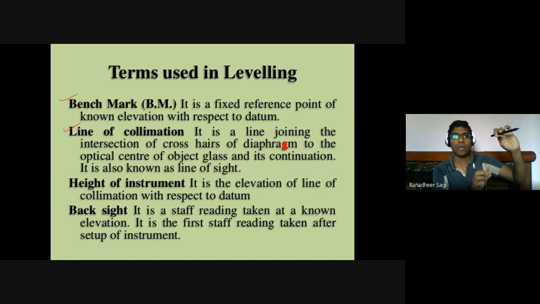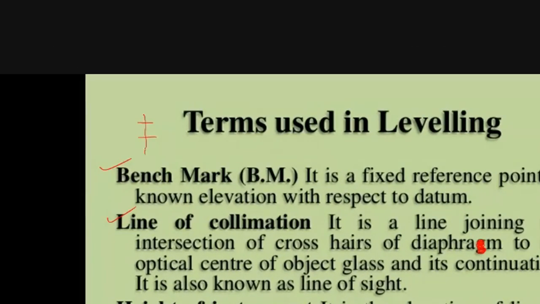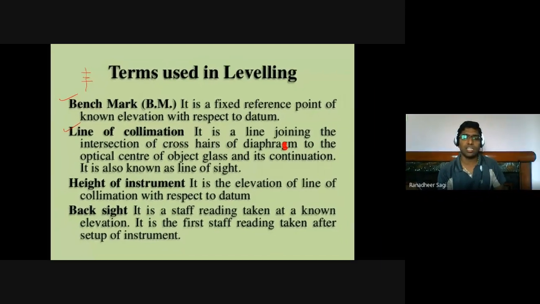Line of collimation is the line which passes through the center of the cross slit hair. In your eyepiece, you'll have what is called a cross slit hair like this, sometimes indicated like this. What does this cross slit hair refer to? Whenever you want to bisect any particular object, the center of this cross slit hair is the reference with which I bisect the position of the object. If I want to take readings on that leveling staff, wherever this center gets bisected on the staff, that reading has to be taken.